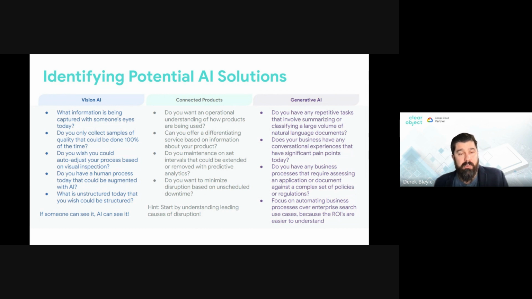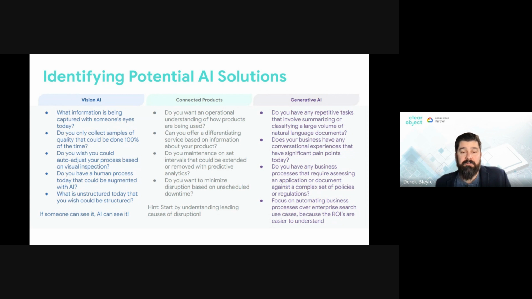This is just a little bit more pointed questions focusing on the three areas like I've talked about: vision, connected products, generative AI. Really some questions that you can ask yourself. And if the answer to these is yes, more than likely, hey, you have identified potential AI solutions that you could do. So, when I'm taking a look at vision, is there humans in the loop today that are looking at things that, whether that's intermittently or all the time, they're standing over a line, they're responsible for quality checking, picking, those types of things. That's where vision can really come in key as a solution. And something that I always say, if someone can see it, we can train AI to see it, no problem at all.